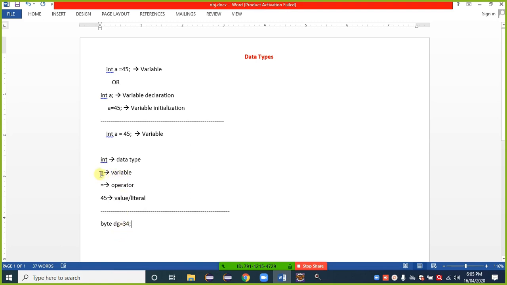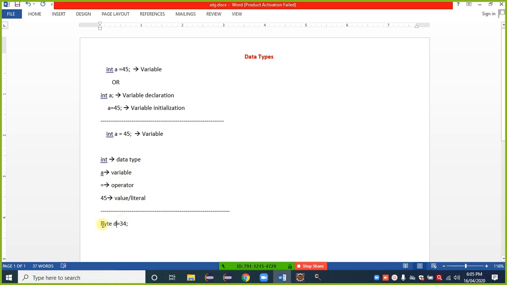For the variable, we can give any name, no doubt. Here I am using d, I can give any name, like data. Only we cannot use a Java reserved keyword. For example, here I cannot use do, if, Java, or class. You can give any name for that variable.